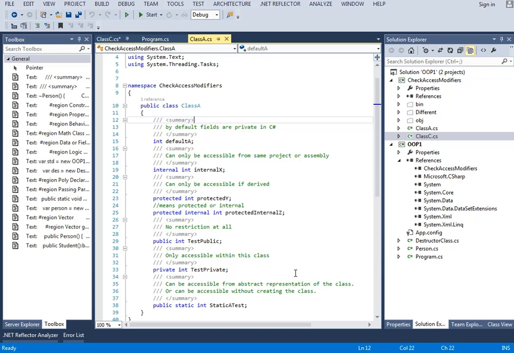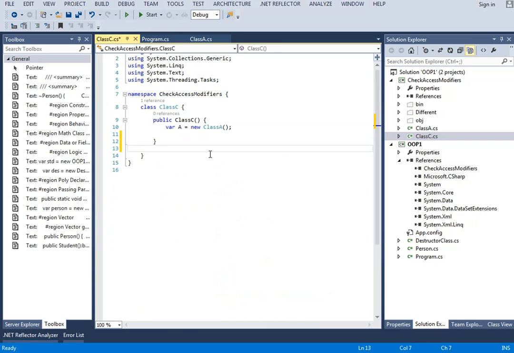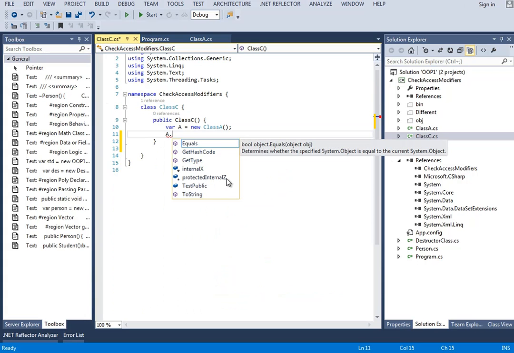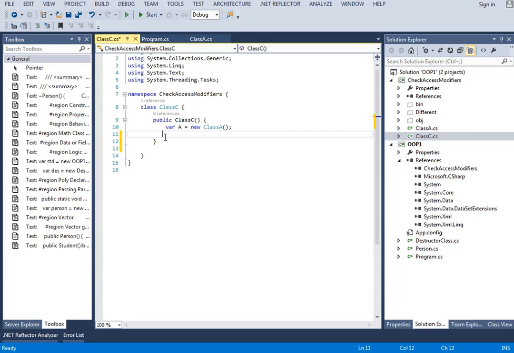So what's going to happen is if you just dot A, you'll get the protected internal, just because it has the attributes or the qualities of internal as well. So internal modifiers are accessible from the current assembly only, or the current project only, so that internals are available from current assembly, as well as it will also be available from